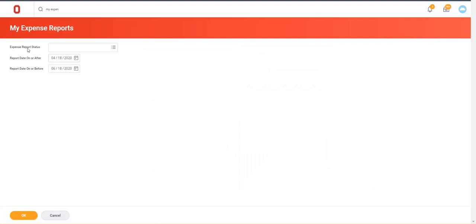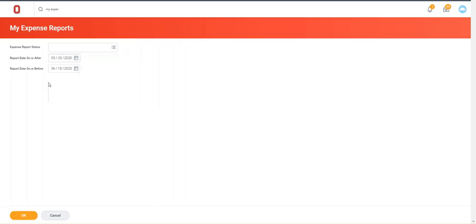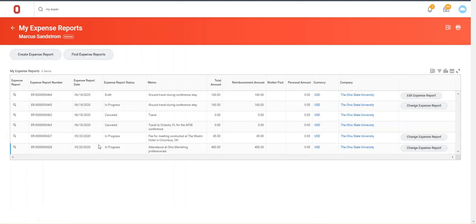I can filter my reports by status, either approved, canceled, draft, or in progress, if I'd like to do it that way, or I can filter it by specific dates. So in this case, I'm going to change the date because I only want to look at my expense reports for the last month. Once I've got my filters set, I click OK. And what I get is a listing of all the expense reports that fit that criteria for me in the